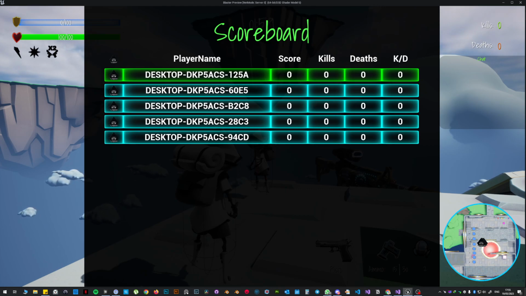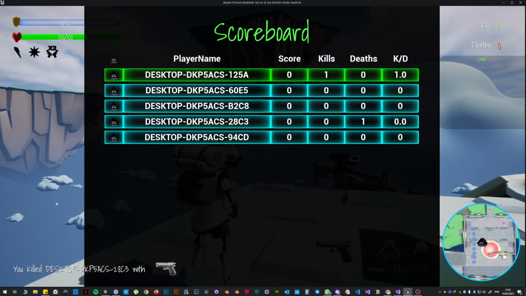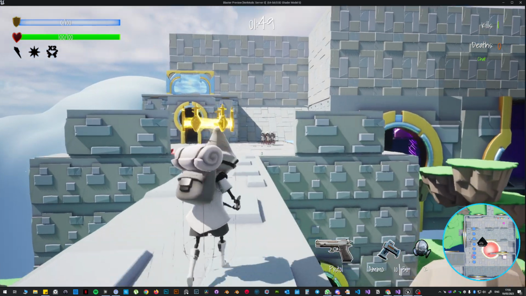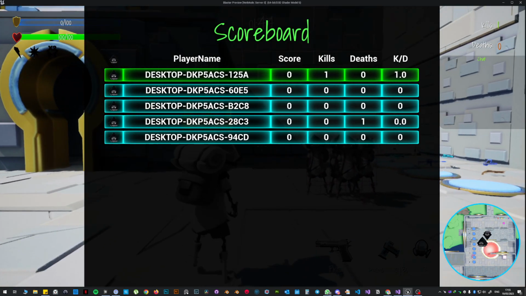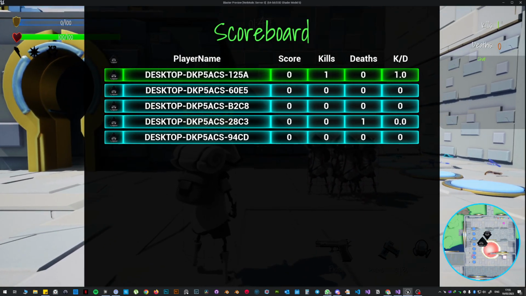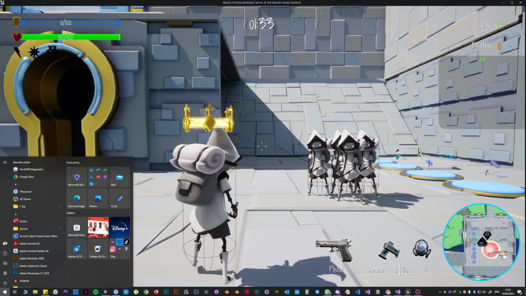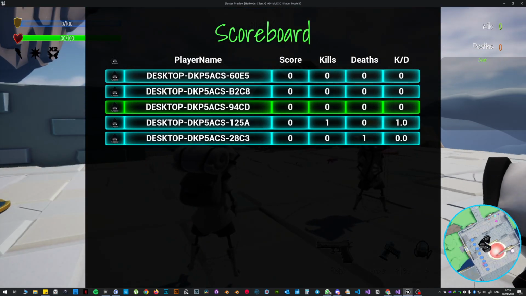So you have the score, kills, deaths, and KD. In the regular game mode, the score doesn't really matter; it just uses the kills, deaths, and the kill-death ratio. This is literally a bunch of delegates everywhere they're pertinent, which fire a broadcast, which is a multicast. So there is a multicast function, and the broadcast inside fires for everyone, so that if you grab a client and you also hit,